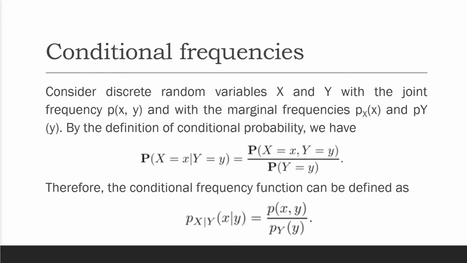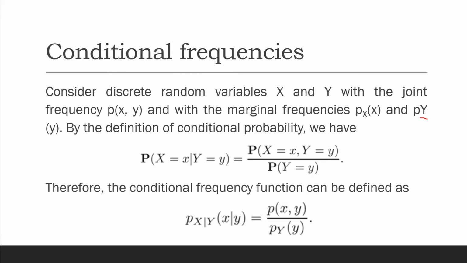So, conditional frequencies. Consider the discrete random variables X and Y with the joint frequency function p of x, y, and the marginal frequency functions p_X of x, in terms of the set X, and p_Y of y, in terms of the set Y. By definition of the conditional probability, we have the conditional probability of x given y is equal to the probability of X equals the point x, and then Y equals y,